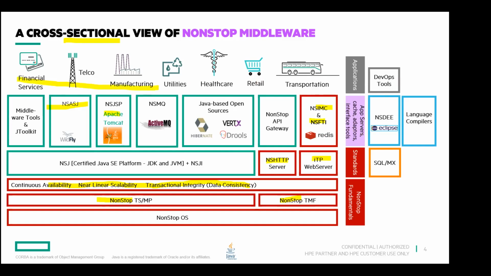And I'm also showing four boxes here on the right-hand side, just for the completeness of this presentation. They are not middleware. The blue colored things, we know that they belong to the languages, and the orange color belongs to the database domain. So in this presentation now, all the shaded boxes, you saw some animation coming up with purple or lavender and blue and orange colors filled up. These are the boxes that we're going to talk about. We'll talk about API Gateway, we'll talk about Java, we'll talk about the HTTP server, and this new one called NSFTI, and also the language and the database.